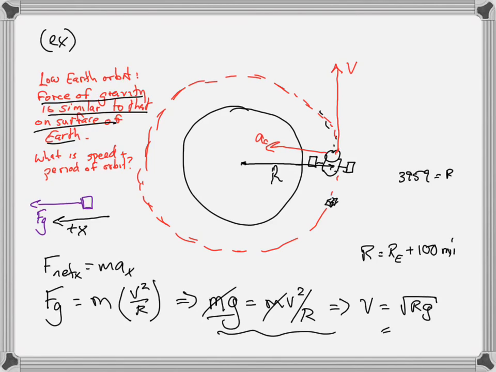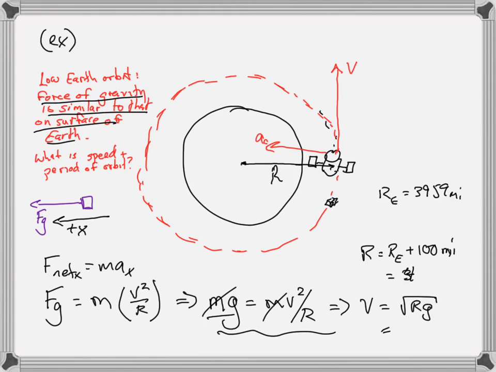So what is the radius of the Earth? Earth's radius is 3,959 miles. Okay, so you see that Alexa is good for something. And so that means the radius of the low Earth orbit satellites, or the space station, which is about 120 miles up, but let's just say about 100 miles up. We could always look it up if we wanted. This radius is therefore